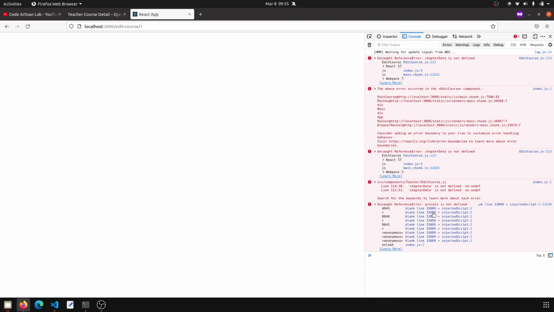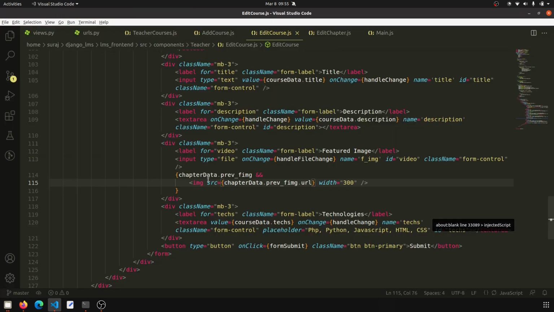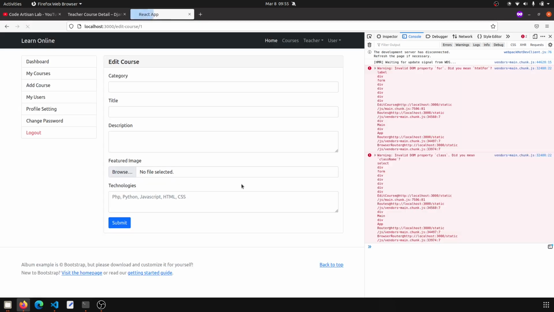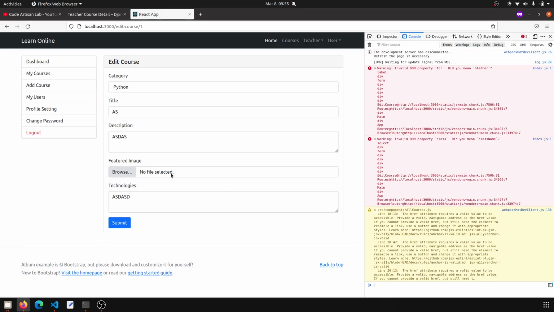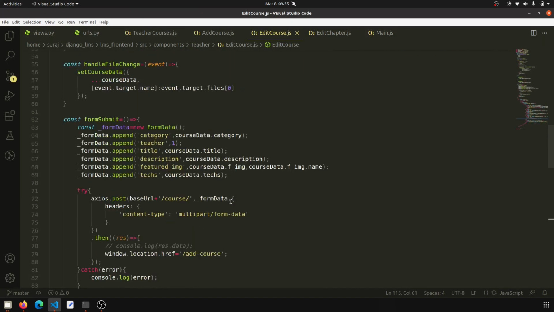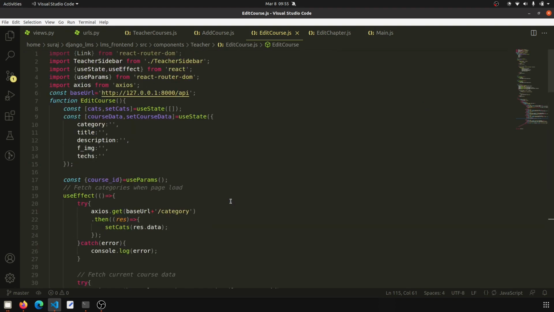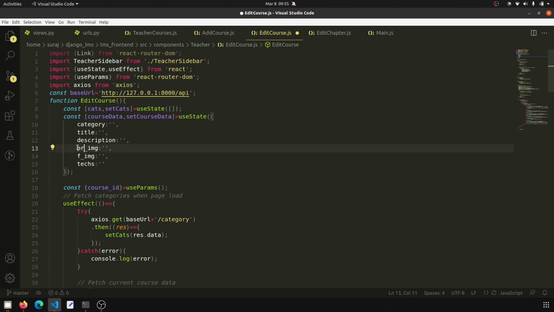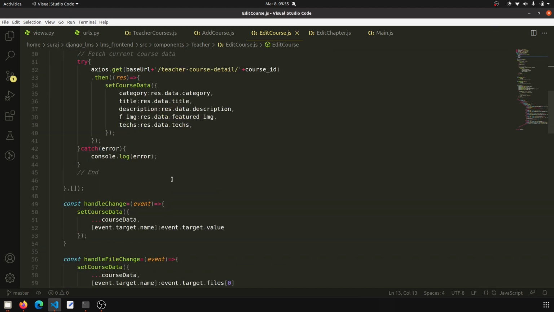So what is the issue? Actually this should be course data, not chapter data, right. Okay. So here we have no images selected, I think, so that is saying okay. And let's define this previous image. Actually we didn't define the previous image, so here we will define this. So previous image, and in this we will define here the previous image,